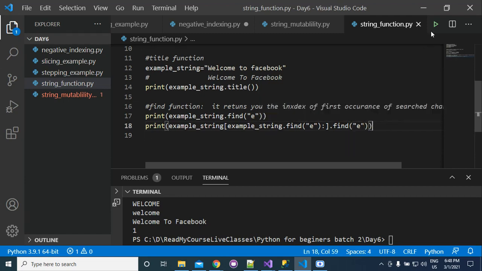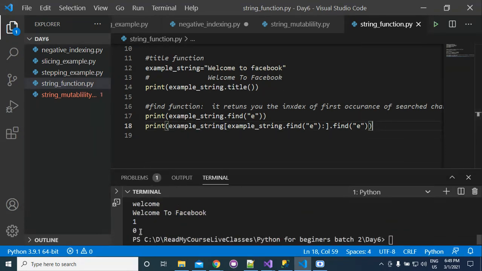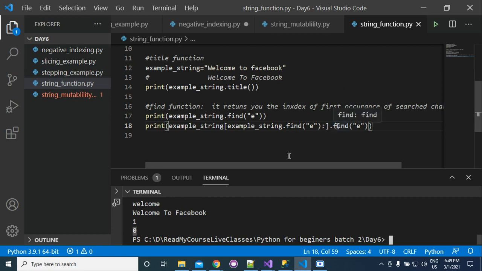If you run this program, it is giving you 0, so 0 should not be the answer. We also need to add something here, so we need to perform some calculation. I will give you the example of this at the very last.